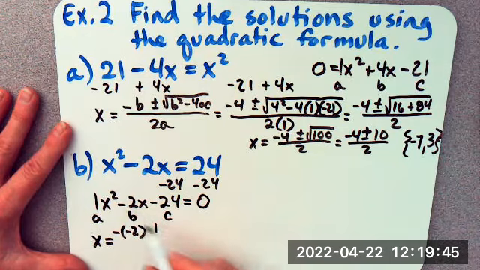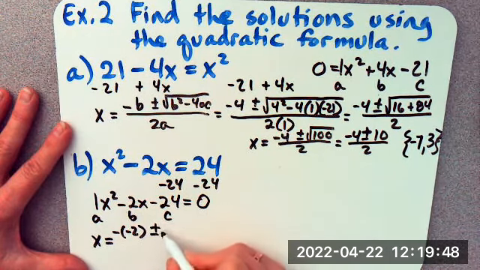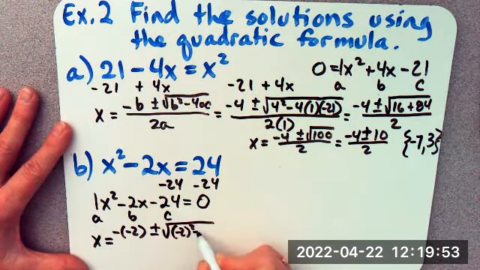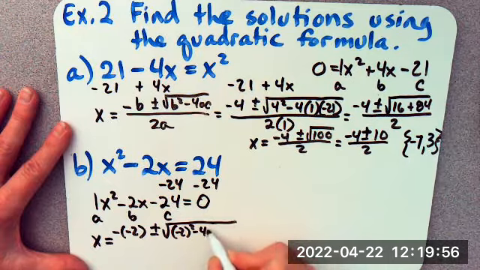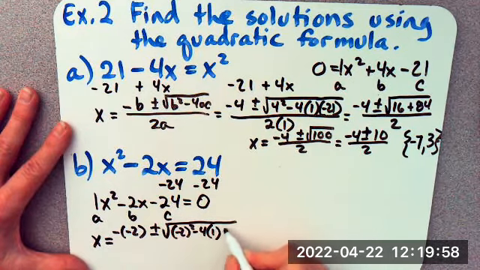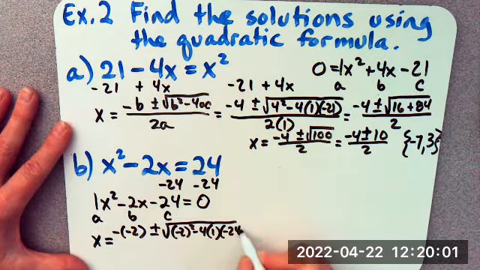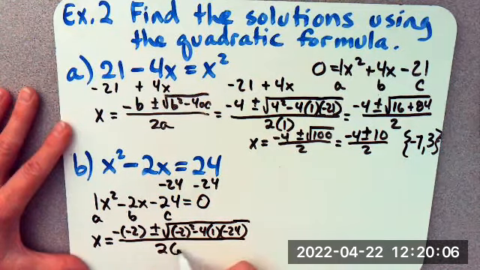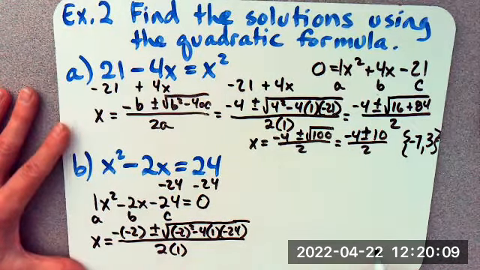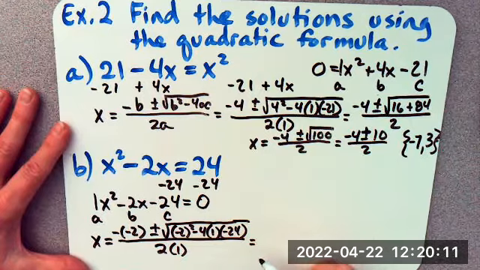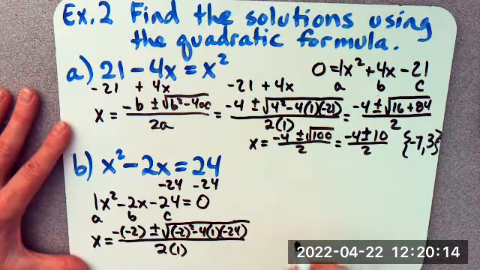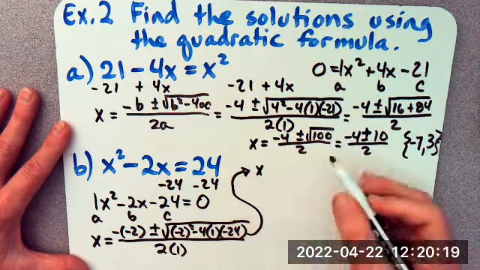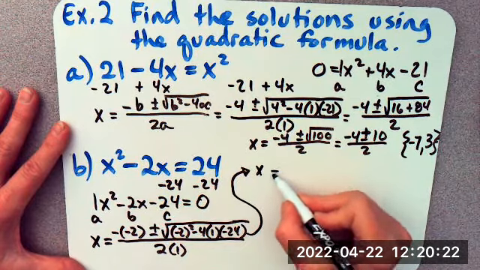So that's why we make that a -2, plus or minus the square root of -2 squared minus 4 times A, which is 1, and C, which is -24, all over 2 times 1. All right. So let's move up here. So this is going to give me x equals